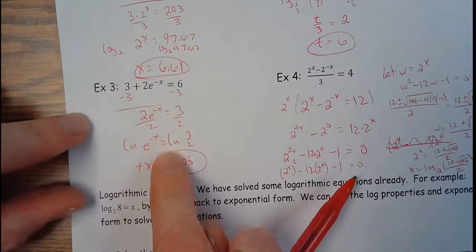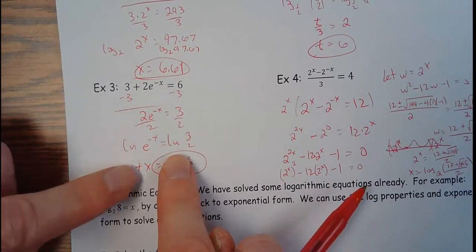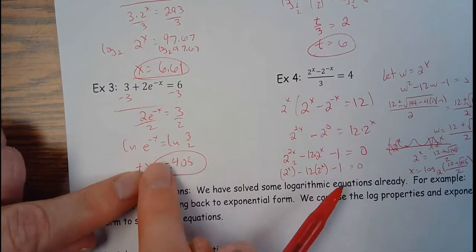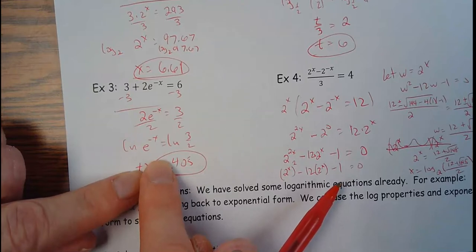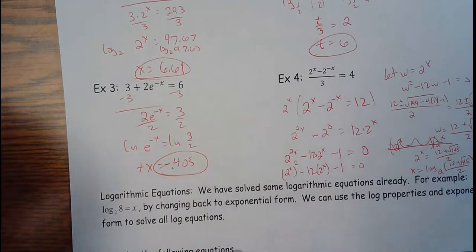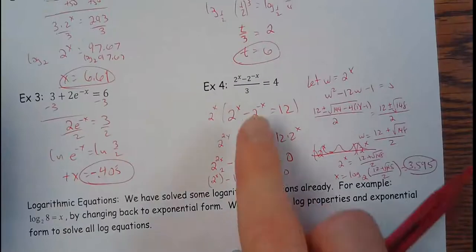So I natural log the left side, natural log the right side. On this one, this would be a negative x would equal a positive 0.45. And then as to switch the signs, you get a negative 0.405. Over here,